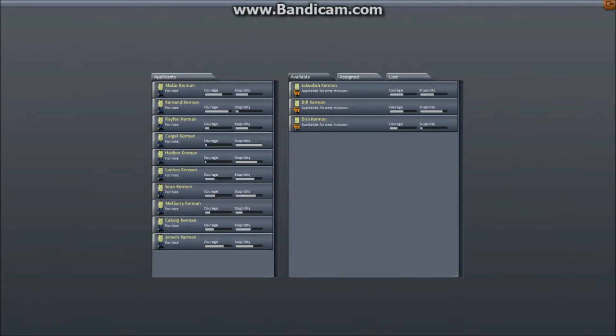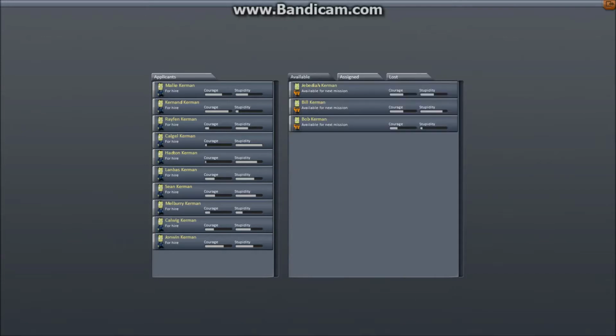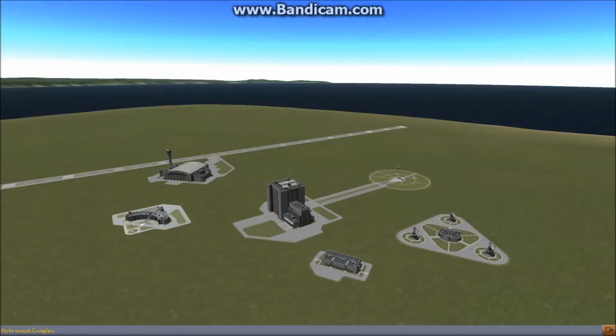So here we have our crew. We have our 3 available crewmen, same as always, and we have applicants we can assign to our space program. So yeah, let's take a few. Do we have anyone that looks promising? Sheen, Melbury, this guy. Yeah, they're ready for mission. Close, and